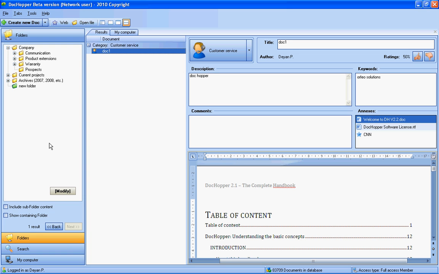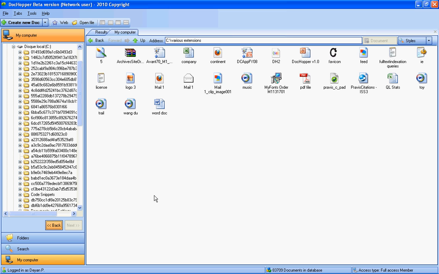Now let's review a second way of adding information to your database. This time we're going to use the My Computer tab right here. Let's click here. Now some of you might not have a third tab displayed at the lower left hand side